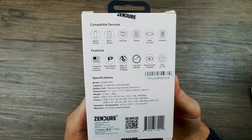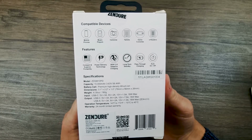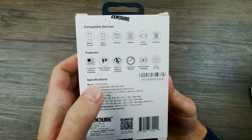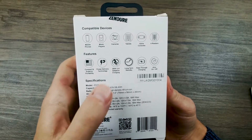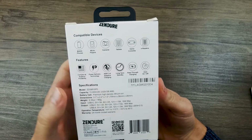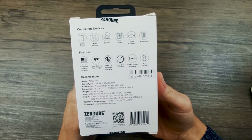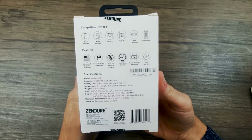So you can charge basically any type of smaller device, but you cannot expect to charge more powerful devices such as laptops. They say that it's compact and highly portable. It comes with power delivery, which will enable you to fast charge your phones with Zendure adaptive charging. It has a long-term standby, and it comes with pass-through charging, which can be highly useful in case you need to charge your power bank and your phone at the same time. For example, when there is only one power outlet, or when you have only one charger